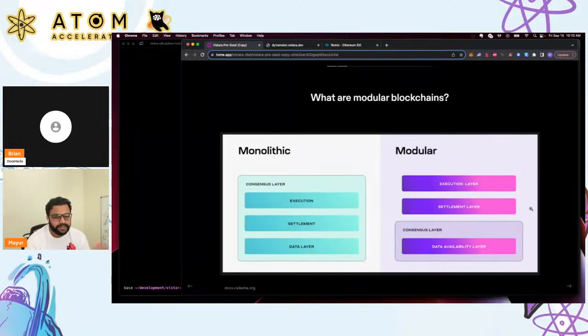Settlement could be a separate component that can be deployed separately, and the data availability layer can again be provided by providers like Celestia or EigenDA or Avail, or even Espresso, which has their own data availability layer. A lot of times these data availability layers, mostly Celestia and Avail, do data availability sampling.